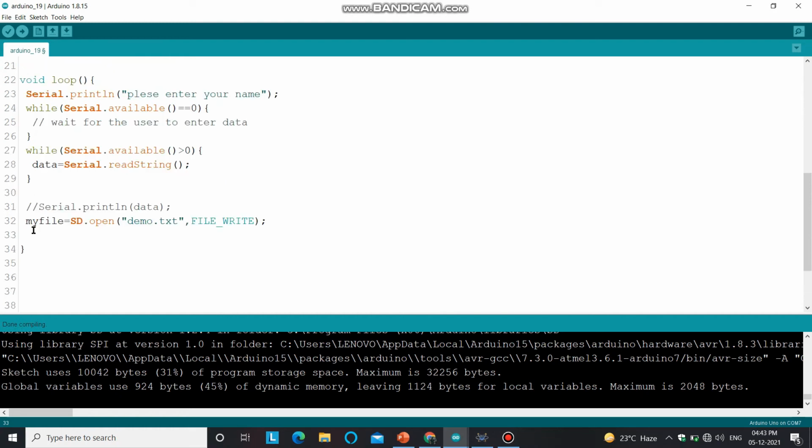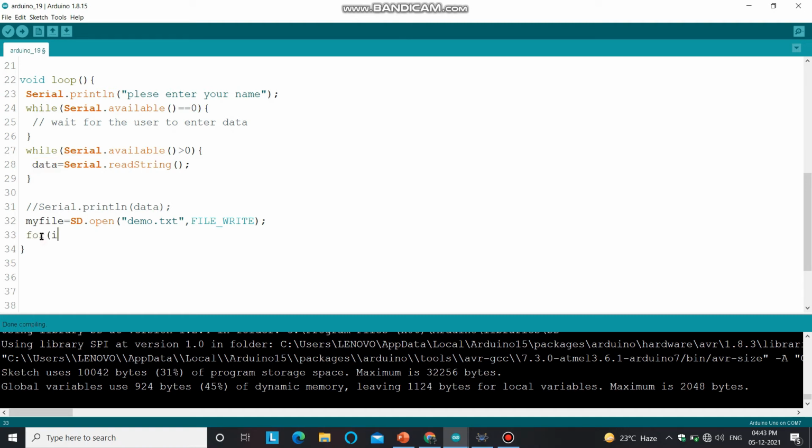Let me create a loop. Instead of printing the information entered by the user in a single line, I want this data to be copied in 2, 3 or 4 lines. That means if I am entering my name here, Bilal, this is just one line. I want my SD card file to hold this name in say 5 or 10 lines, where each line has my name. So for that I am going to use a for loop.